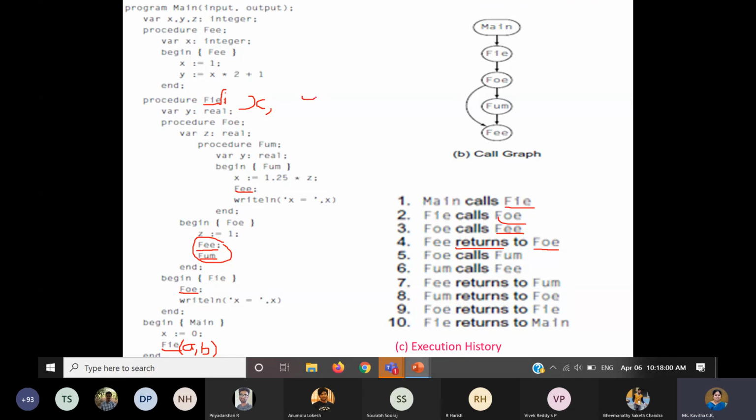Int x and int y. So now x is the formal parameter, and a is the actual parameter. Similarly, b is the actual parameter, and y is the formal parameter. So it can map like this. Anyway, in this example, we didn't take those parameters into consideration. If at all you want to take the parameters into consideration, yes, you can pass like this. It is allowed. But I told you old languages were not having the rich constructs to build all this.